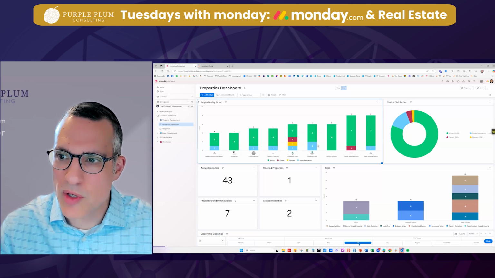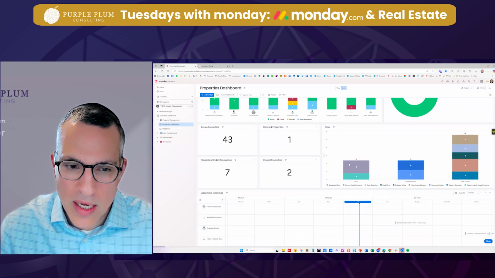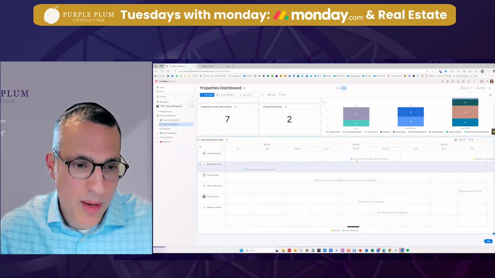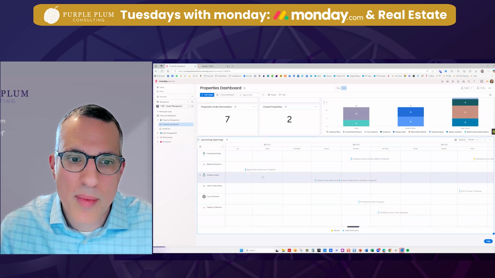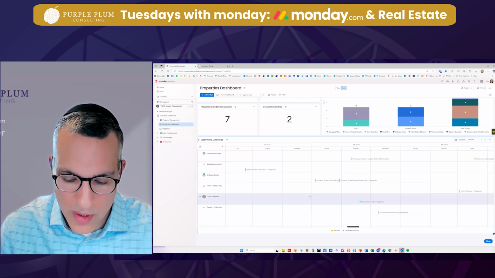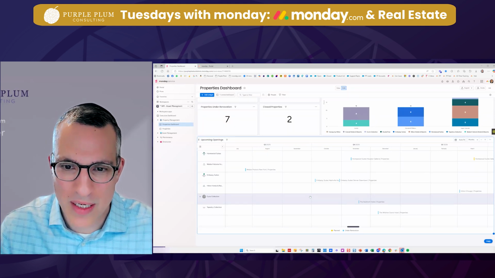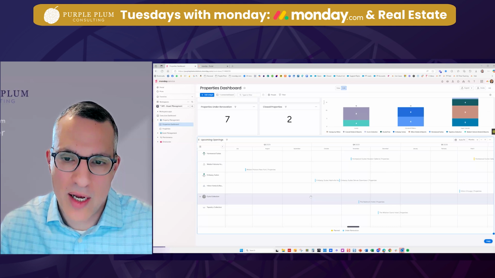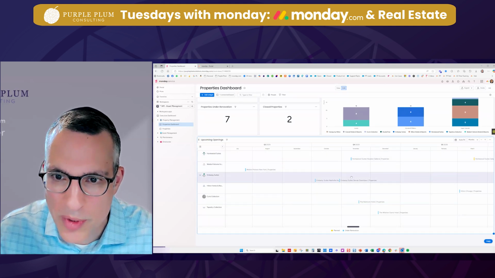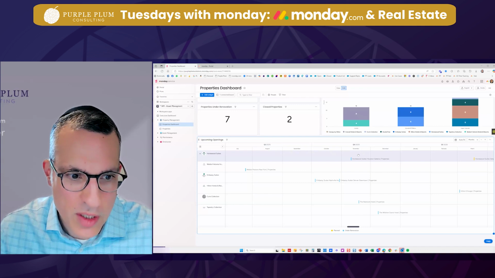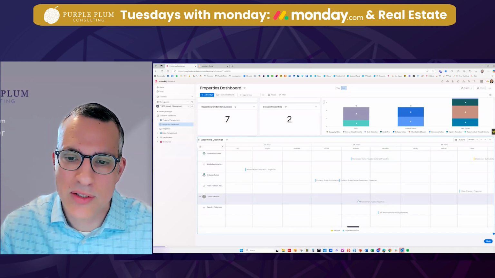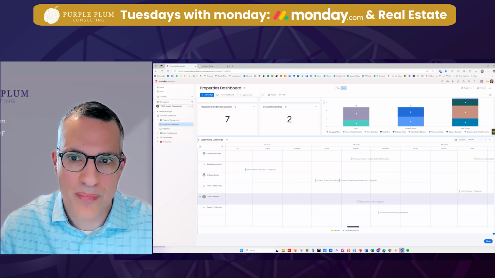Summary by brand, summary by status. Here, I'm seeing a really neat visual based on the different brands. When are my different properties opening on a timeline? That's a great widget, as we call them in the Monday world, that really brings to light key pieces of information, so that visually I can see that the next Homewood Suites property is in November. The next Curio Collection is also in November. So I've got two events that I need to pay attention to in that time frame.